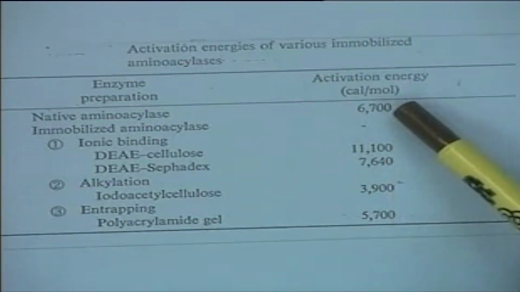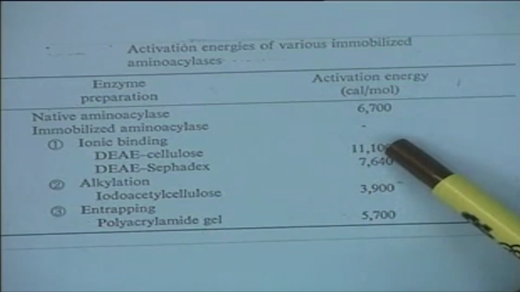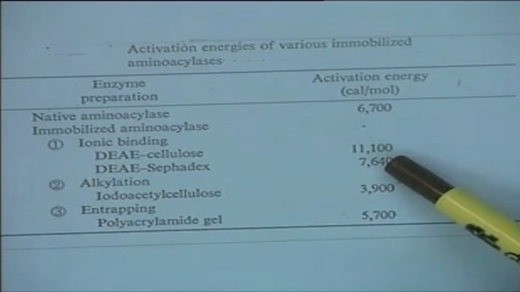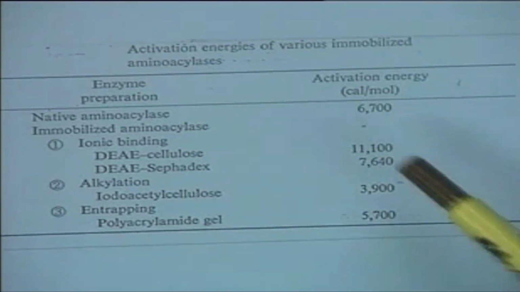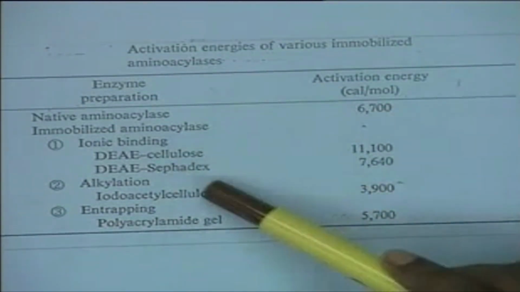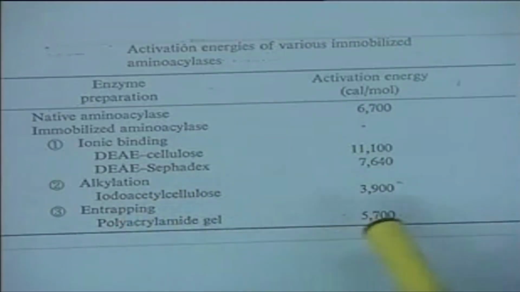As you will notice, there is a significant increase on DEAE cellulose by ionic binding, or DEAE Sephadex slightly less increase, but on covalent binding there is a decrease in activation energy. This change is a resultant sum total of the diffusional effects and the biochemical reaction. And entrapment in polyacrylamide also results in a decrease